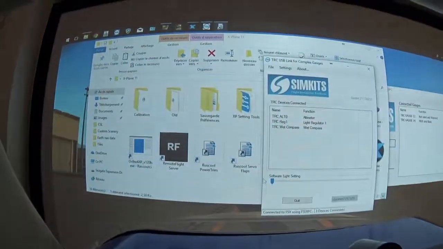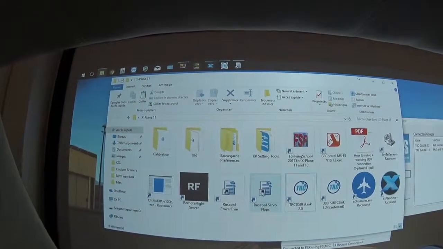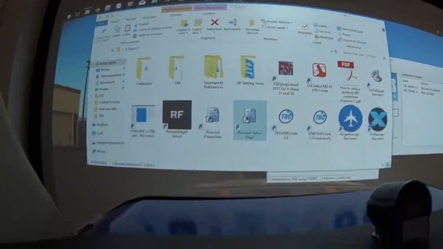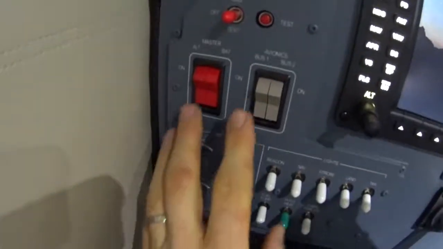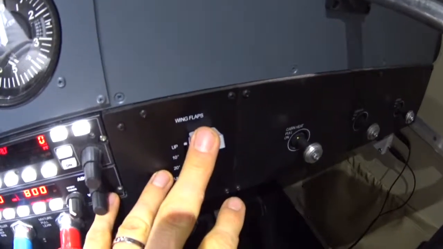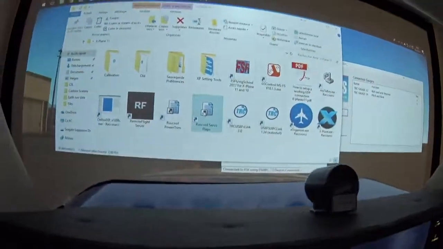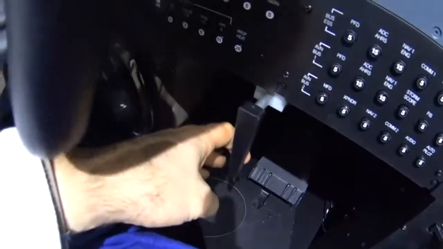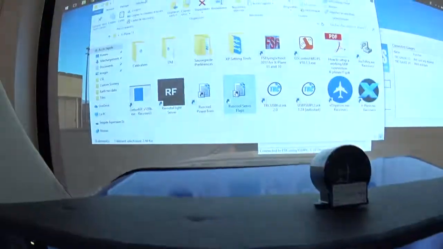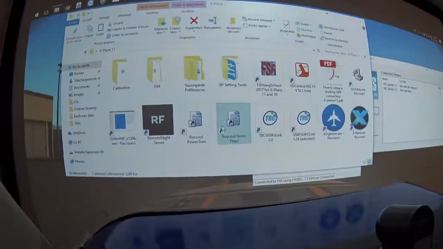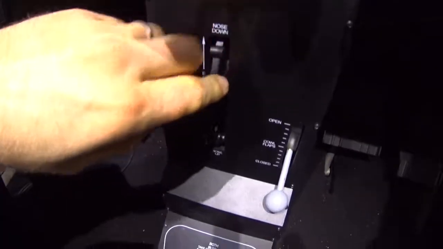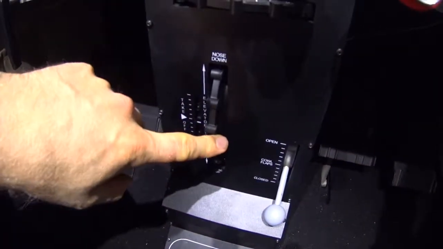Okay, now we're back and I have to start the Ruscal servo flap. This Ruscal servo flap makes this part and the flap work, and also this parking brake works. Then I will continue with the Ruscal power trim. Ruscal power trim makes the elevator trim work,